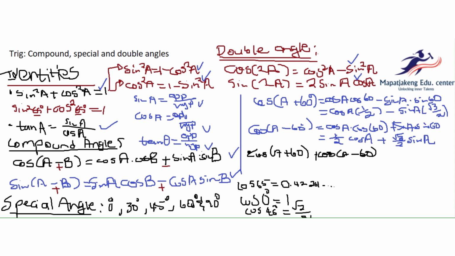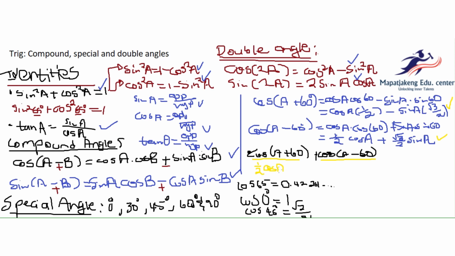Right, then as we solve, we know that this can be expanded to this, and as well this can be expanded to this using the compound angle. Then we'll end up having this plus that, whereby this and this are like terms, but then we add them together, right? And then we're going to have 1 over 2